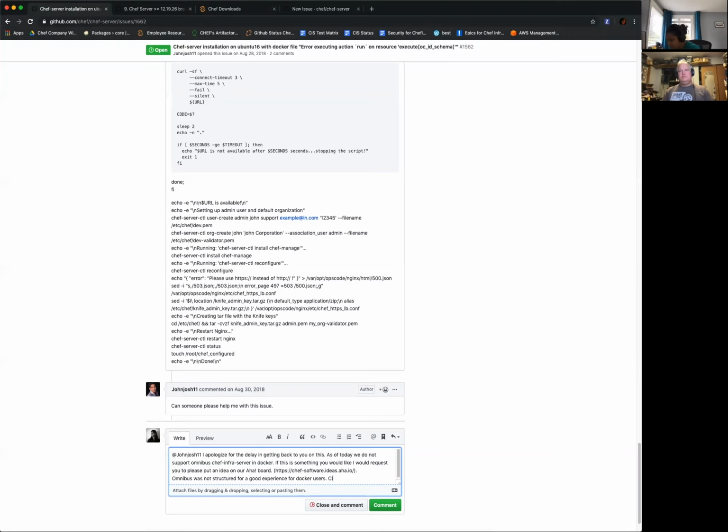Structured in a way that lets us give a good experience to Docker users. Okay, I'm putting excess verbiage in, but basically we couldn't deliver.